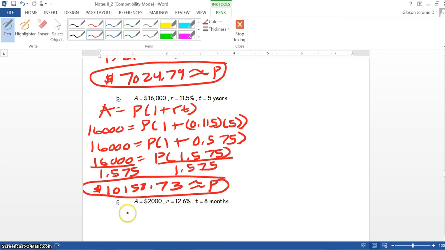Okay, now we come to the next problem. Same formula. A is equal to P times 1 plus RT. Now A is equal to our P we don't know,